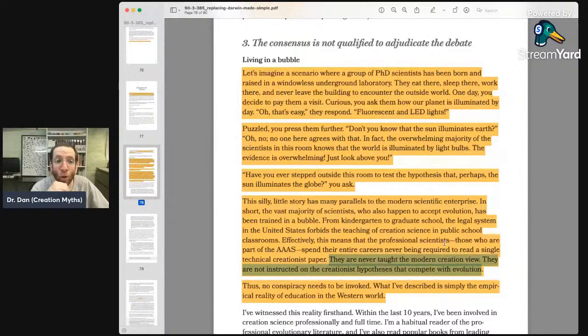The reason for that is that in order to be taught something in school, whether it's elementary school, primary education, K-12, college, undergrad, graduate school, whatever, in order for something to be taught, it has to be reasonably well established. You don't get into the theoretical stuff until graduate school. Creationists have to make their case to the scientific community first. And then, having convinced the scientific community of the validity of their ideas, they'll be able to make their case to students. But students are the last people that find out about new ideas.